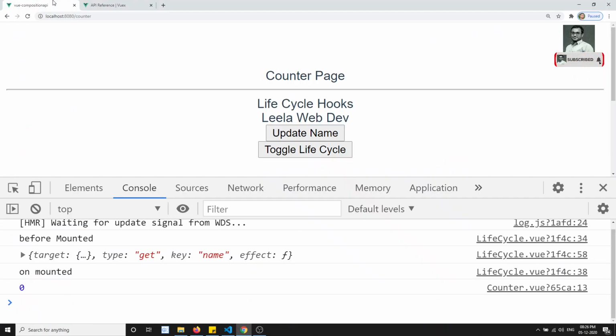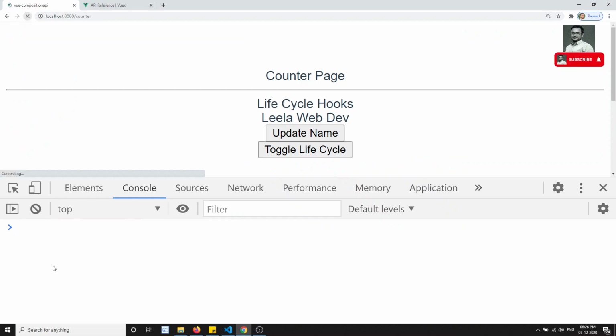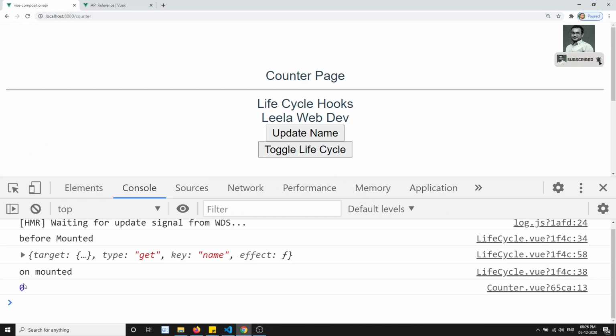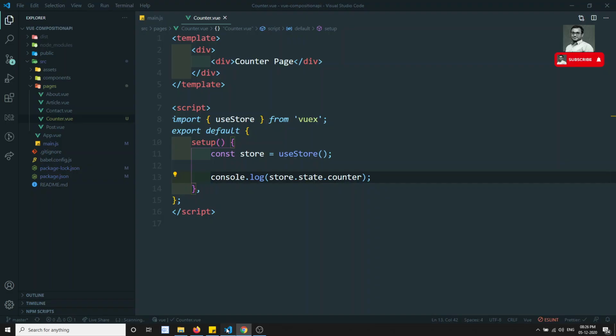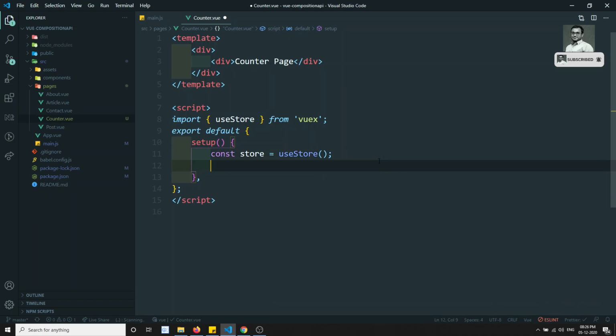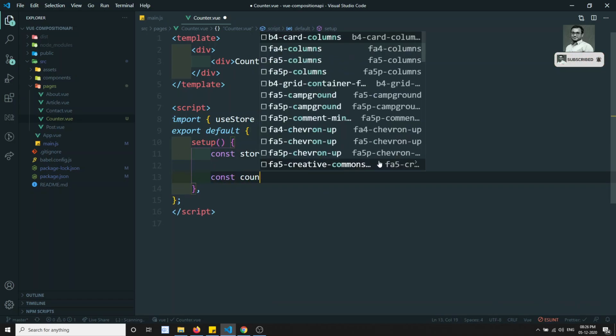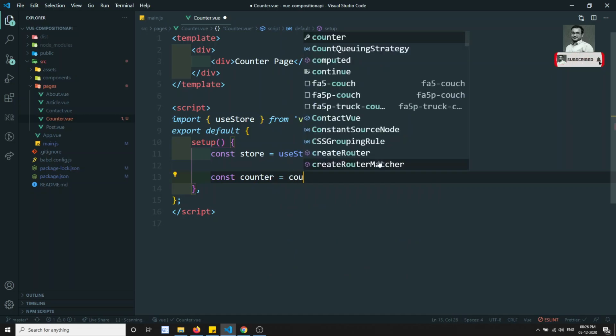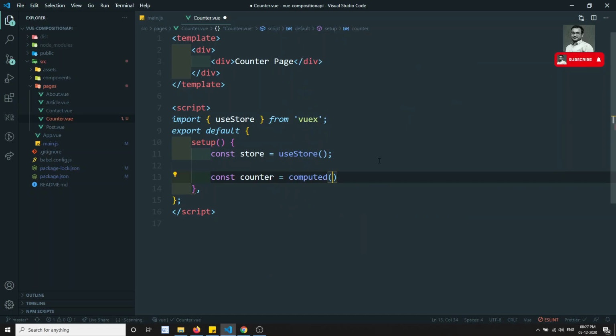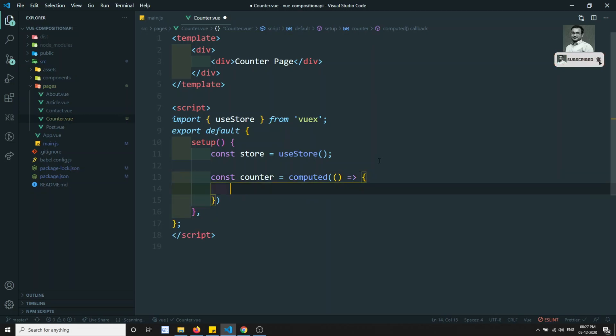Now if we try to see the output here, I am able to see 0 down in the console. Now I want to show it in the output. So here I will create one variable, const counter. Here I will have computed, and in this computed we can return store.state.counter.